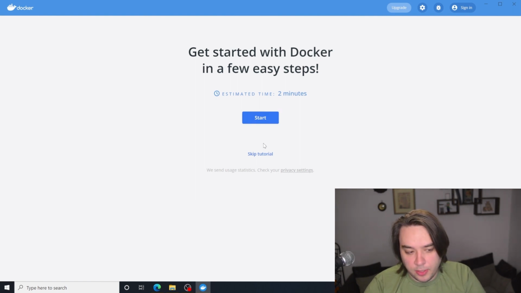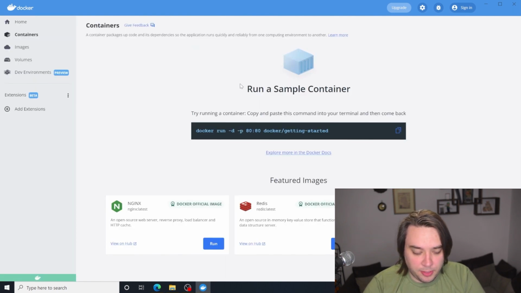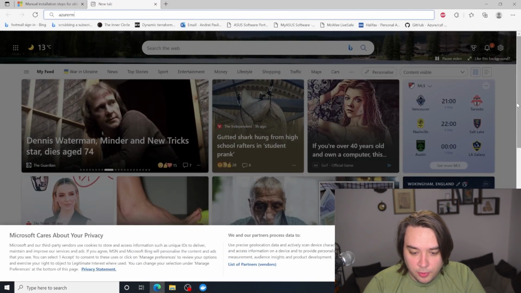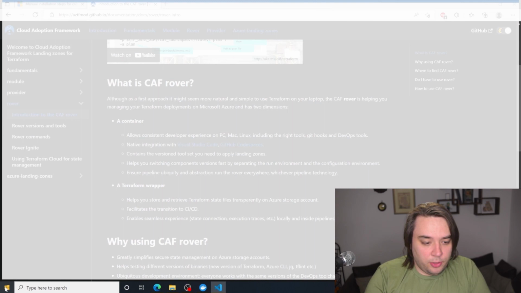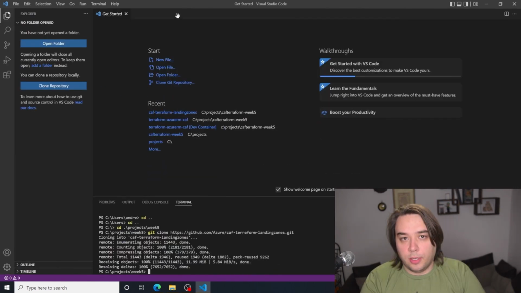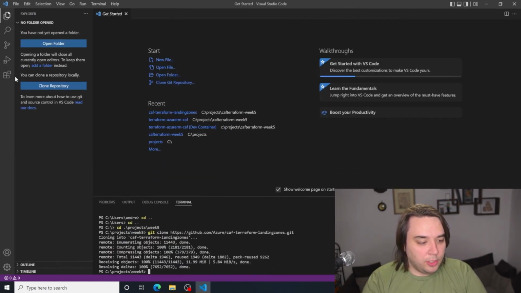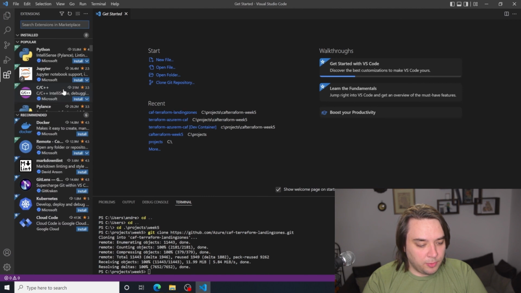Okay, so once it's installed, you can have a look for Docker in a few easy steps. Look at the tutorial. I don't really need it, so I'm going to just skip the tutorial. That's all we need for now. What we need to do now is open up Visual Studio Code, and we've got Docker installed. We need to install a couple of extensions as well.